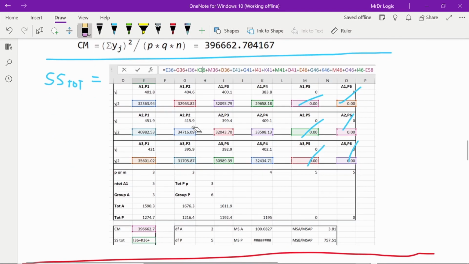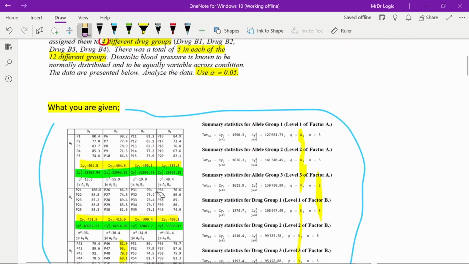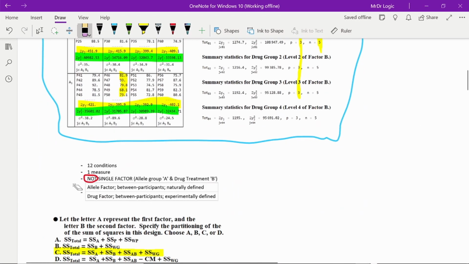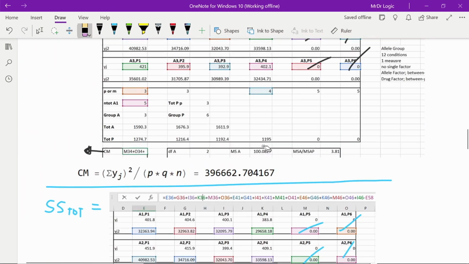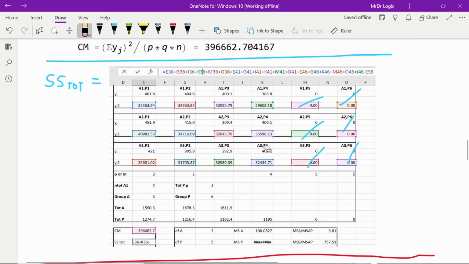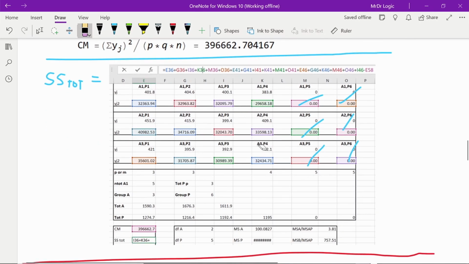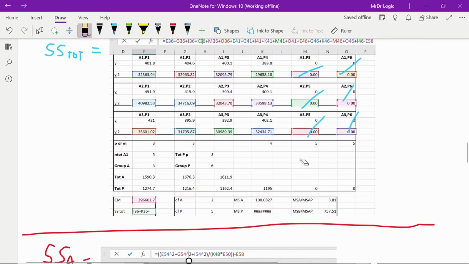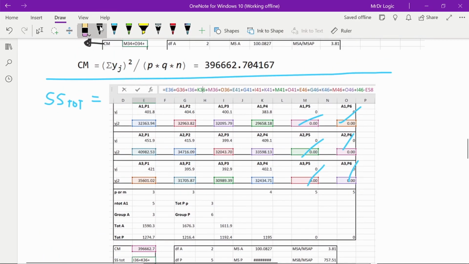Okay, now you remember how I highlighted this section up here as green? Yeah, you're going to have to be adding all of that up. That's going to be crazy. Oh, that's going to be such a pain in the ass in the walkthrough. So you're going to be adding all of those up. Oh, that's going to kill me. You're going to be adding all of those up and subtracting with the